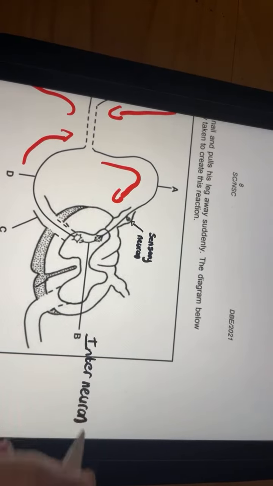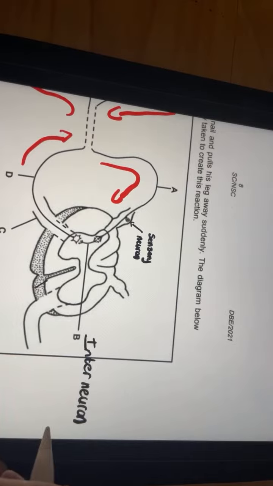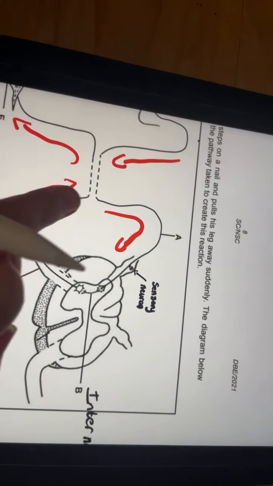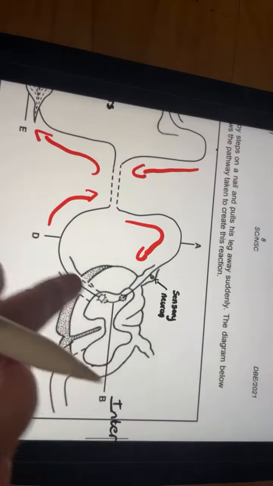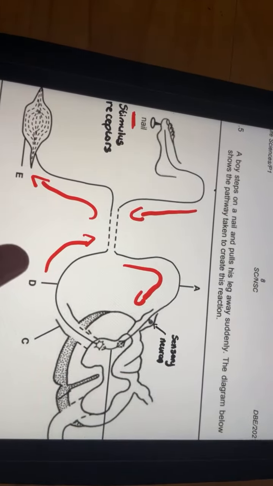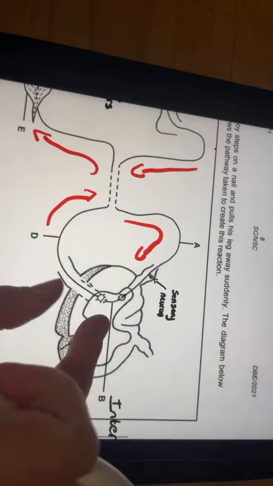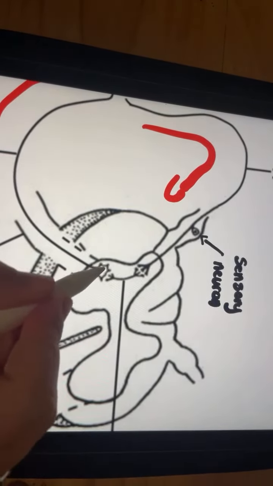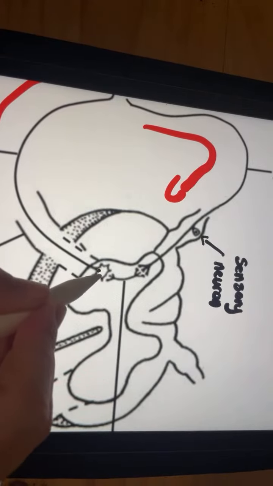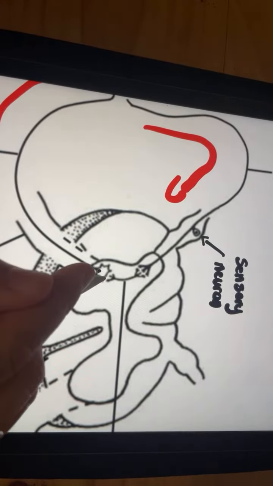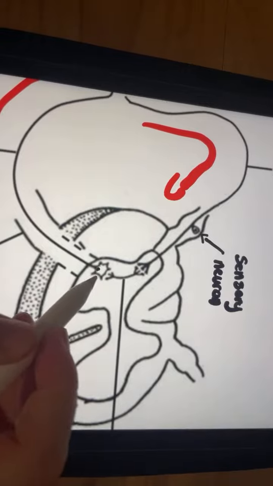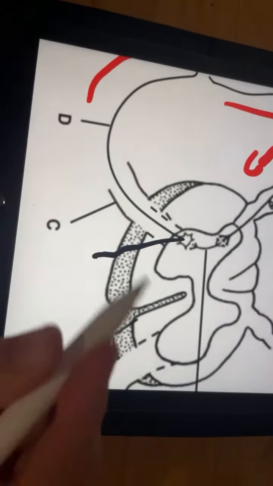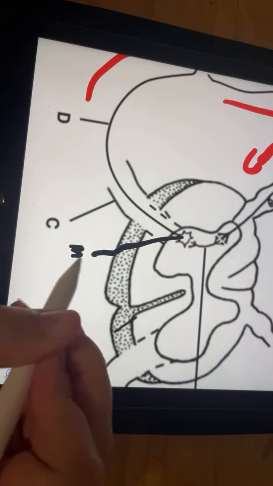Some textbooks call them connector neurons. That's also correct. And finally, the outgoing neuron, the one that moves down and out into the muscle over here, that one is going to be our motor. But now, how did I know it was a motor? Well, here's the clue. It's the structure over here. It's the cell body. It's right at the beginning. It's inside of the neuron. And so that guy over there is going to be our motor